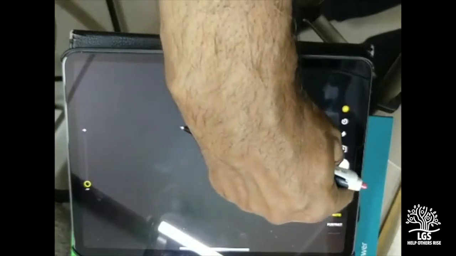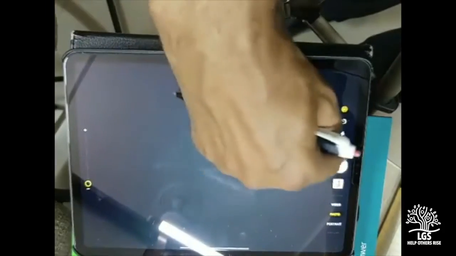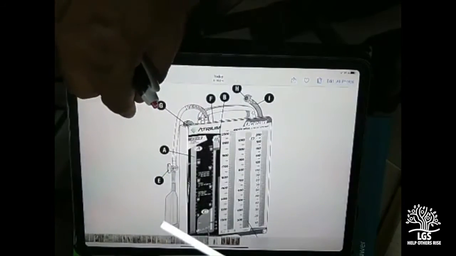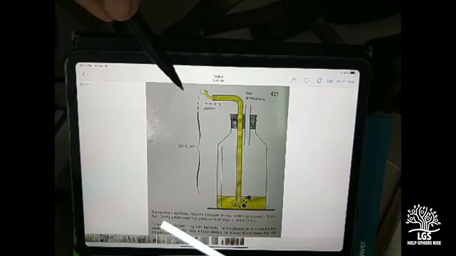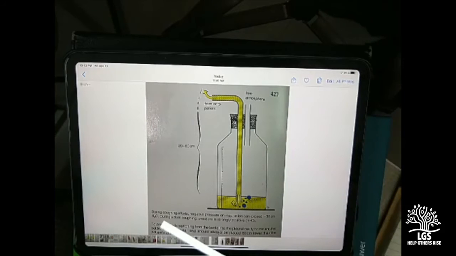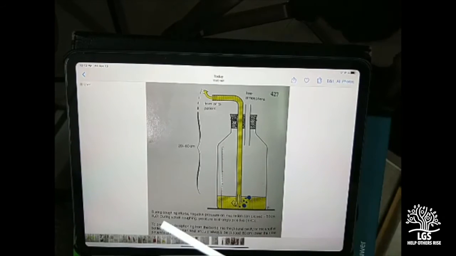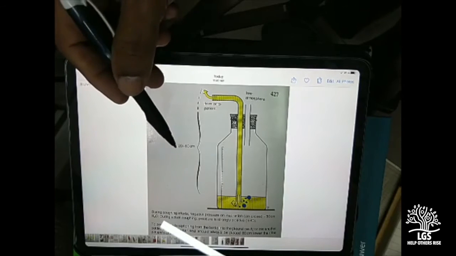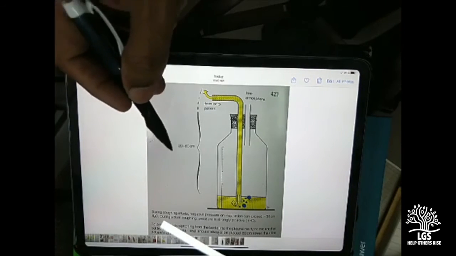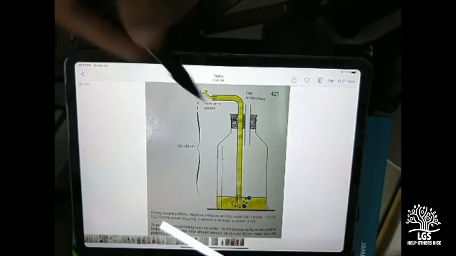Okay, this was an important thing I wanted to show. This is important: the patient tubing, the bottle should be kept 80 centimeters below the chest level, because at the time of coughing 20 to 60 centimeter of water pressure can be generated. So a patient who coughs can generate a lot of negative pressure. If the bottle and bag is not kept below, then this fluid can go back to the chest.